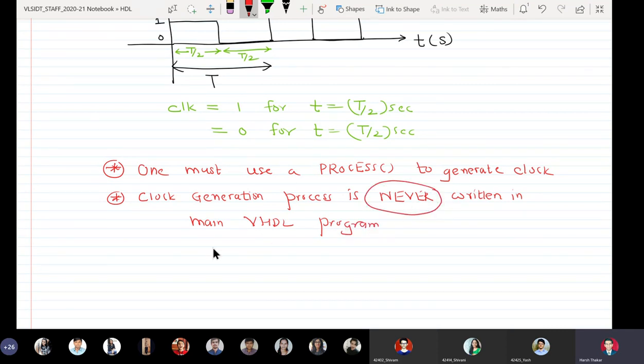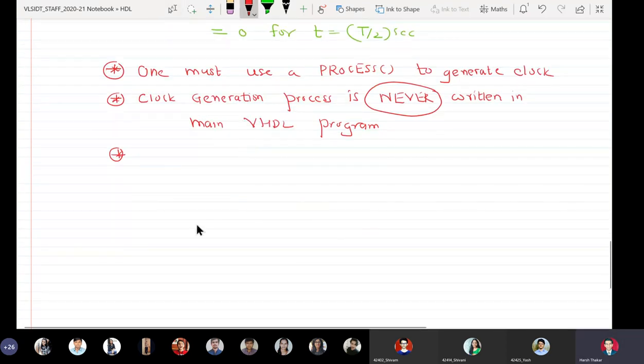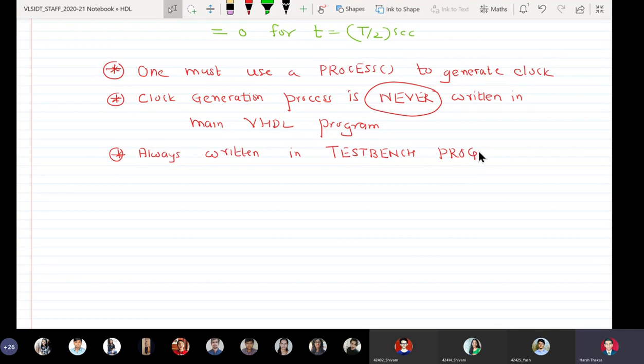Where is it written? Always written in the test bench program, as follows.